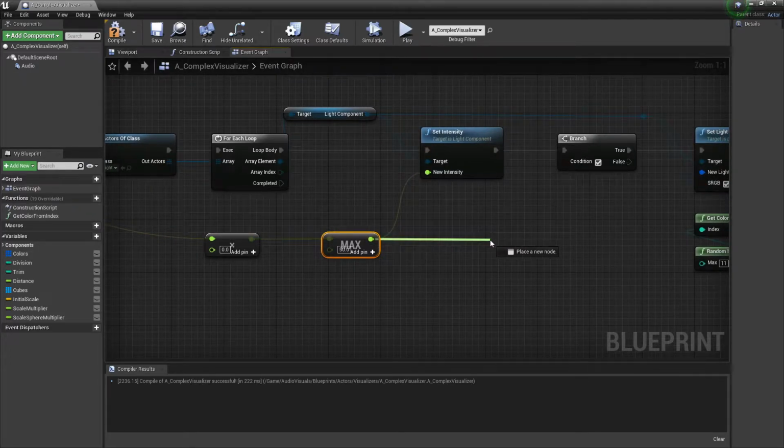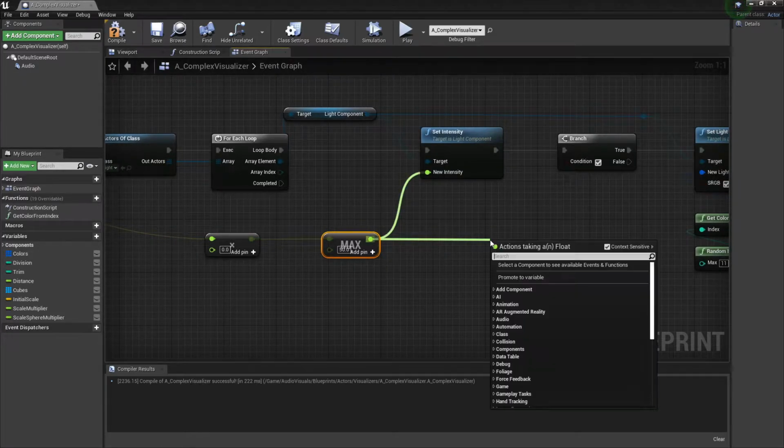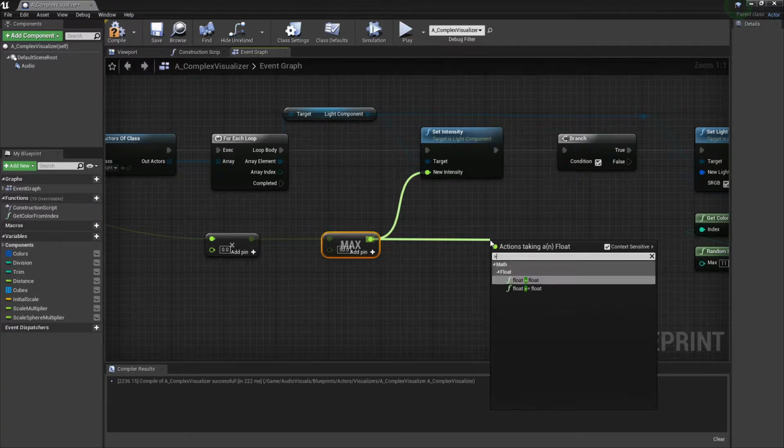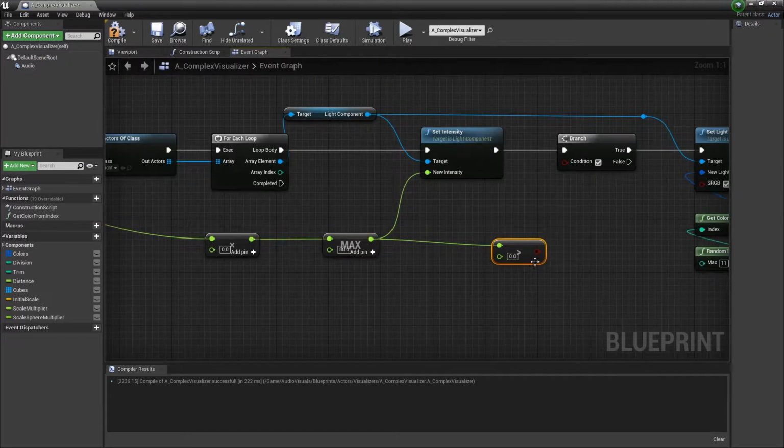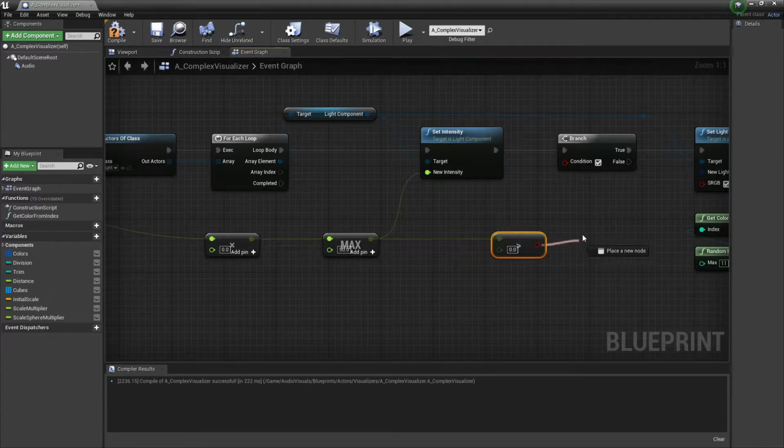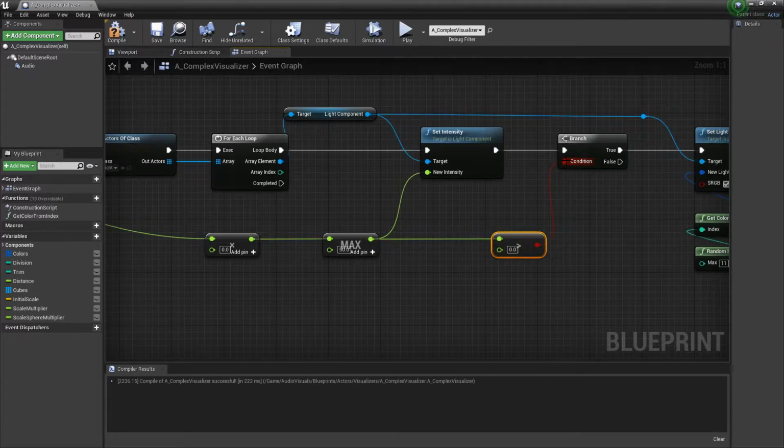Drag out of our max, hit the greater than sign, and then say float greater than float. Drag our red node here, our boolean, up into our branch,